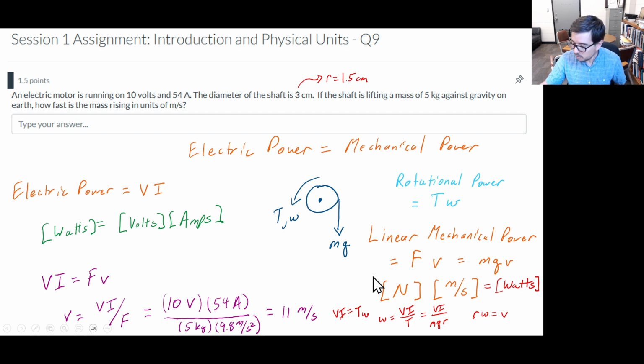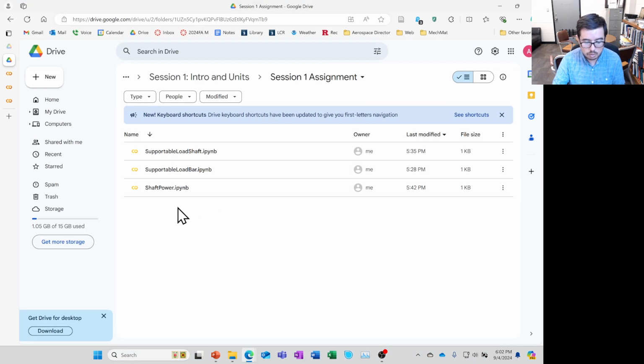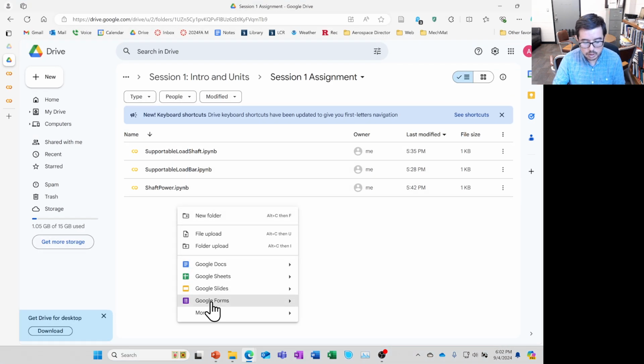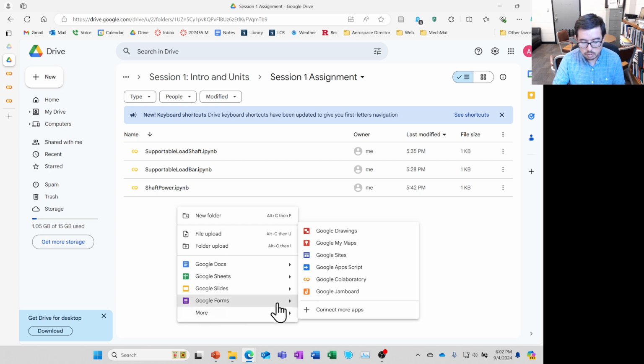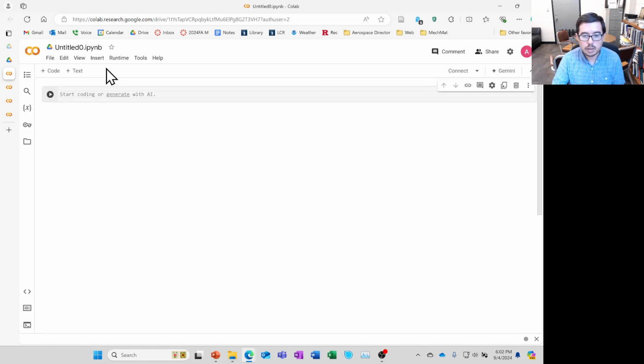And you could be done here, but once again, if somehow things happen and the parameters change, it's often useful to have some code written that you can just use for substituting values. So let's go ahead and create code quickly, and we'll call this not a Google form, but a Google Colab file, where we have, we'll call it